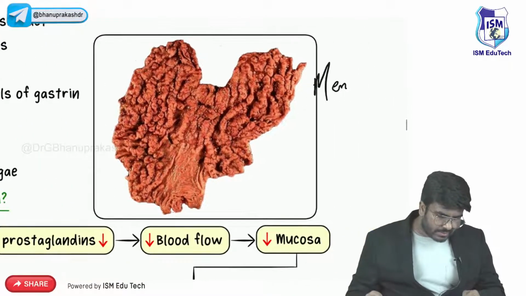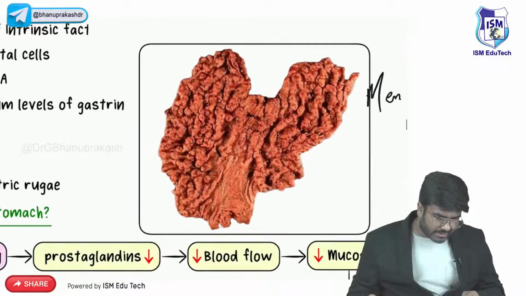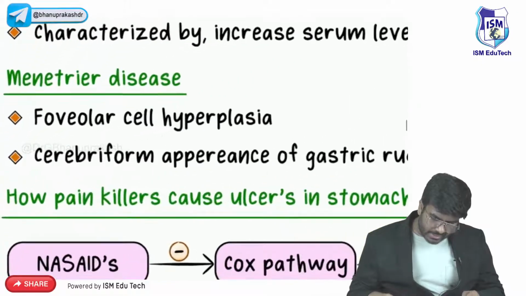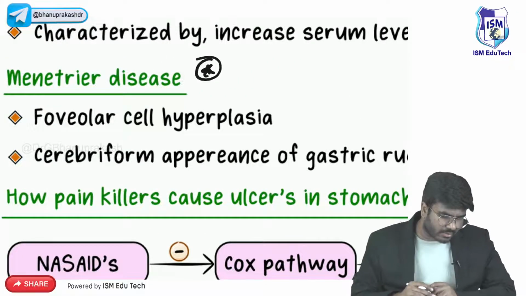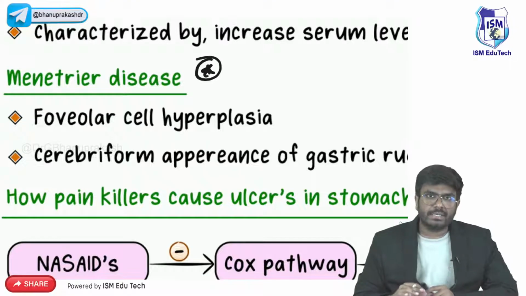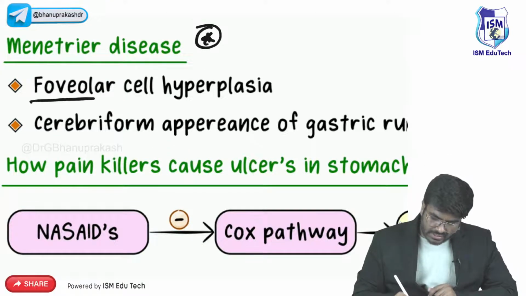Guys, have you ever seen this image? This is a very important image, especially for the exams. This disease is called Menetrier's disease. This is an image-based question. Why am I talking about this here in physiology? Because we have studied the foveolar